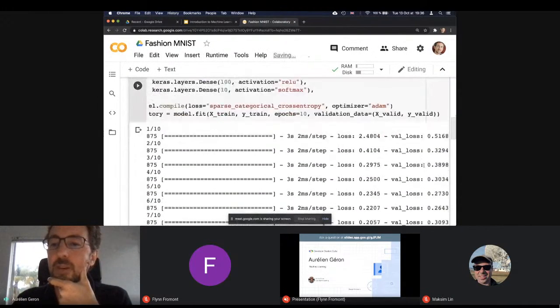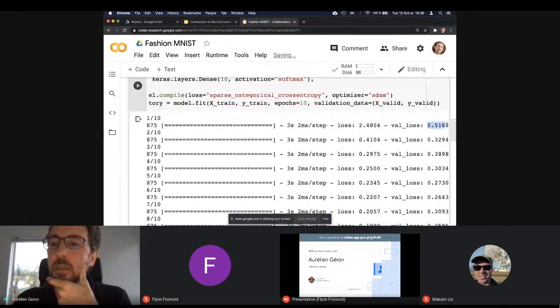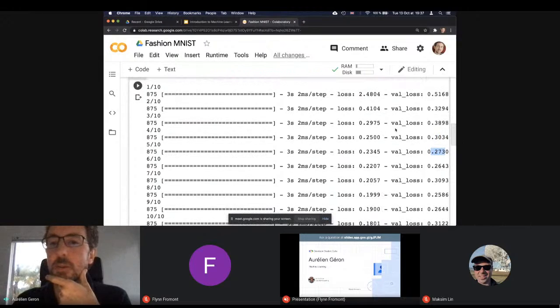But now let's look at the validation loss. This is the error that the model is making on data that it has never seen in training. And here you can see that it is improving as well, but not always, right? Here it's going back up to 0.38. It's kind of bouncing up and down. So overall, it seems to be making progress, but it's not as steady.